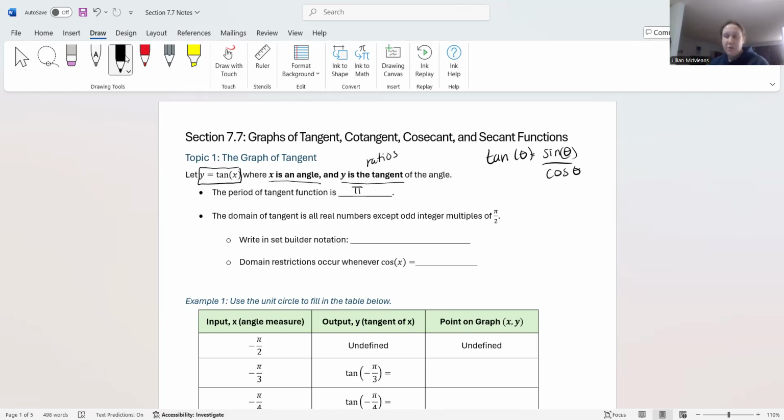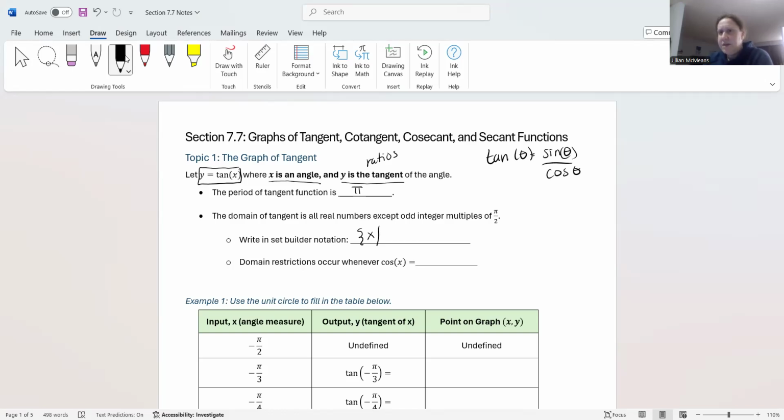And so we made this separate video all about how we could write out the domain of tangent more formally. Because if we say, hey, the domain of tangent can be like anything except odd integer multiples of pi over 2, like that's well and good. That's very conversational, but that's not very formal. So we had to come up with a formal way to write the domain of tangent. So we were acknowledging that we have some input value. Now that we're back to the regular old Cartesian plane, we can say we're looking for values of x such that